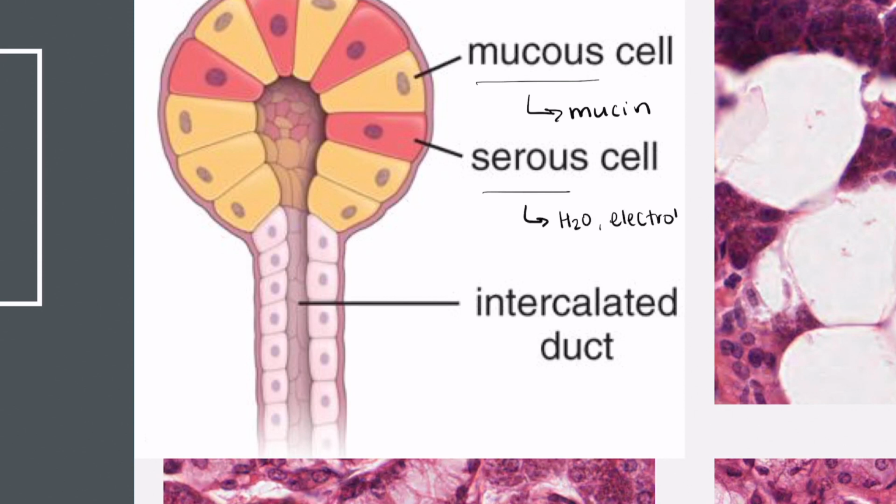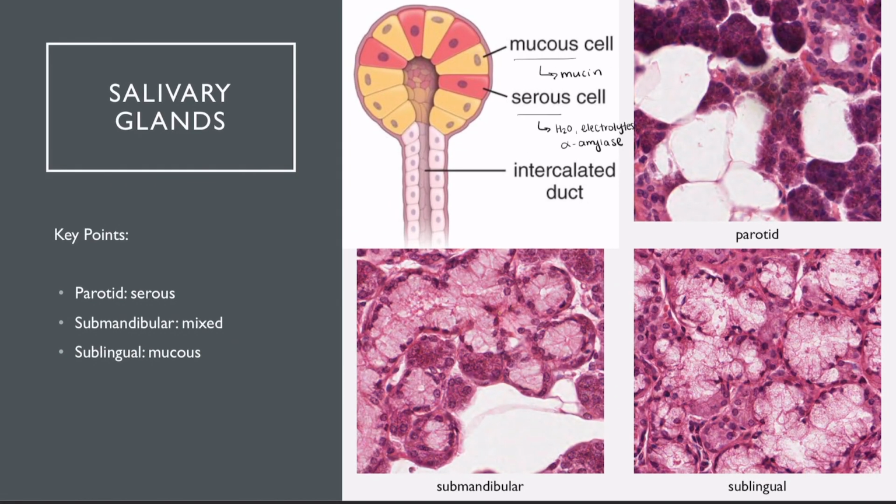electrolytes, and alpha amylase to begin the process of digestion. We can distinguish between the different types of salivary glands based on the proportion of mucus to serous cells. The parotid gland is primarily comprised of serous cells. The submandibular gland is comprised of both serous and mucus acini, and the sublingual gland is comprised primarily of mucus